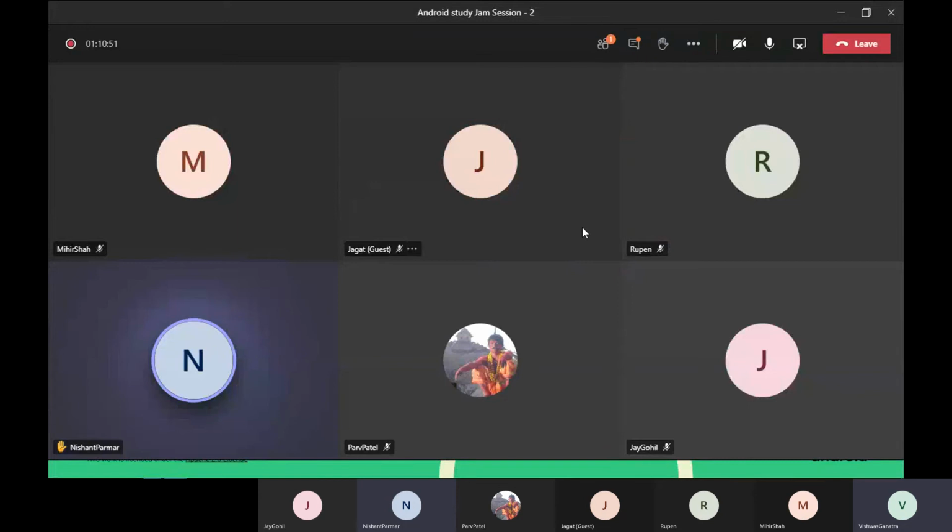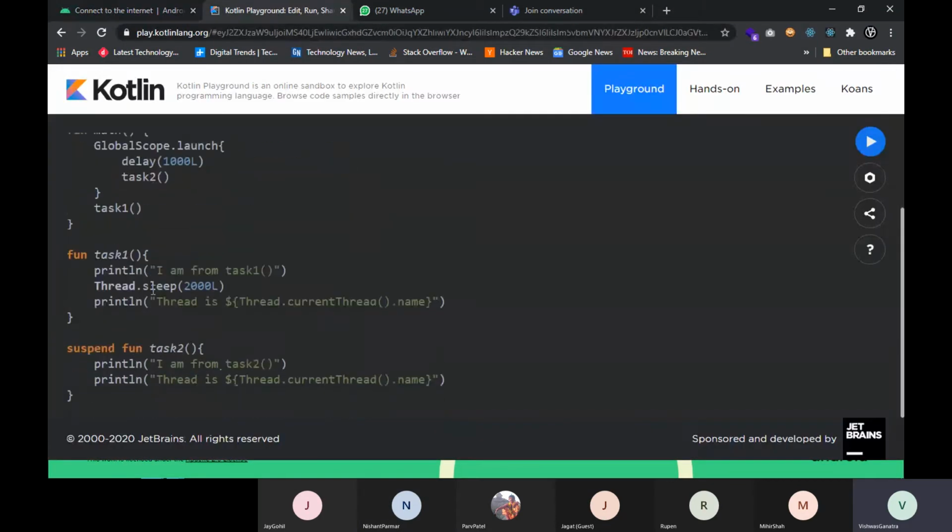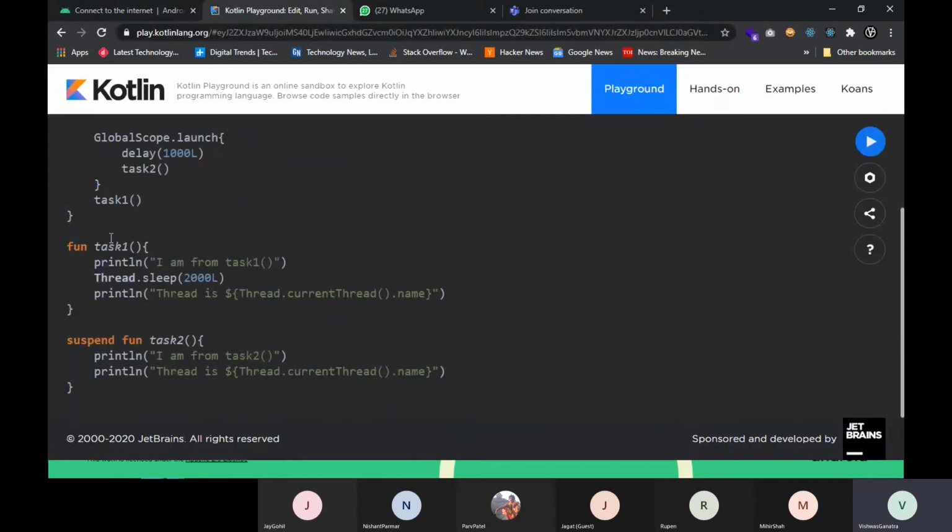Yes, Nishan. I am not getting what this suspend function you have written is actually doing. Okay, let me explain. When you are declaring a normal function using the fun keyword, let me show you with an example. So here is a normal function, function task one. It is simply printing a statement. And this is the function that has